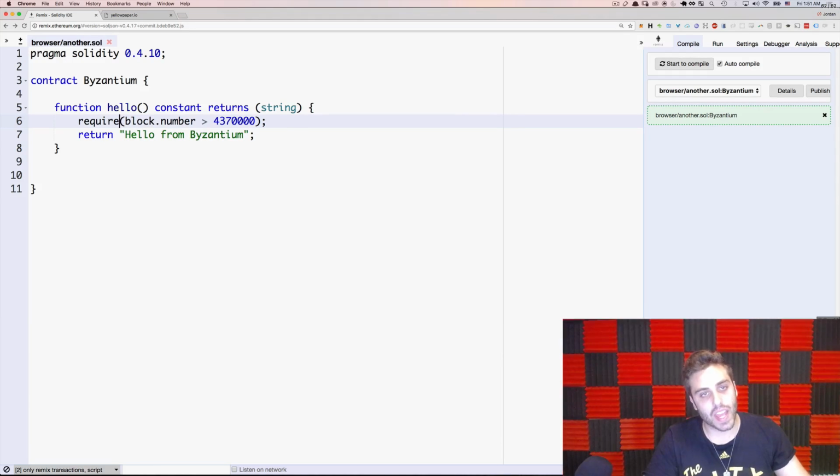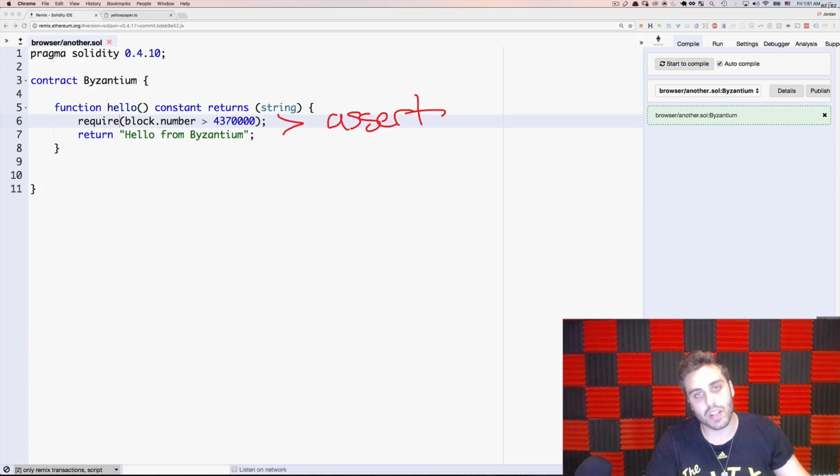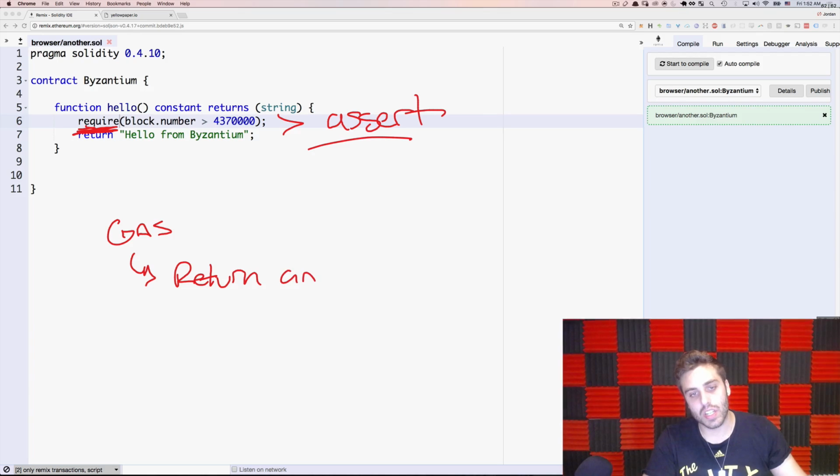Because this gives back the gas, you could almost say it is always better to use a require statement than an assert statement, because again, this will refund gas. But where this gets really cool is that because the require statement and the revert opcode are not using all the gas of the contract, you're going to have other gas left over to maybe return an error message.